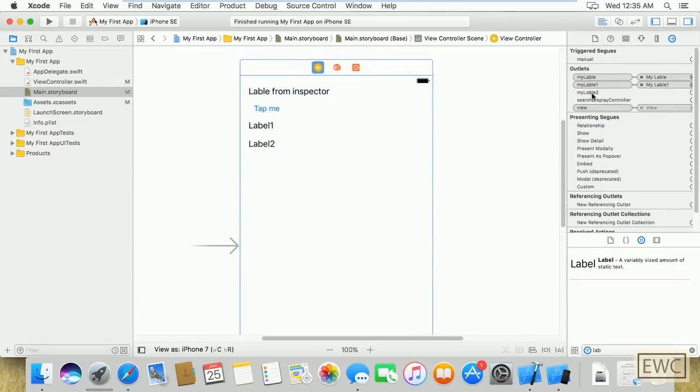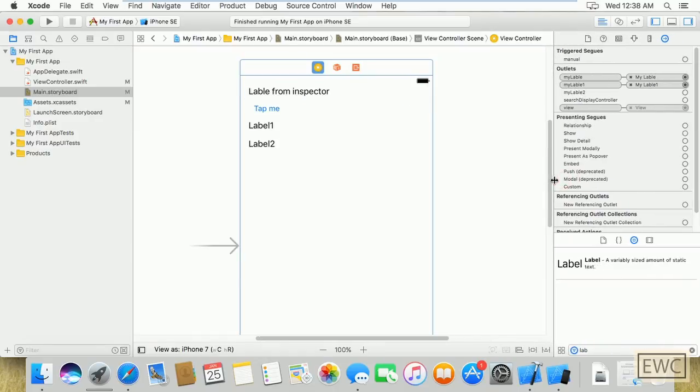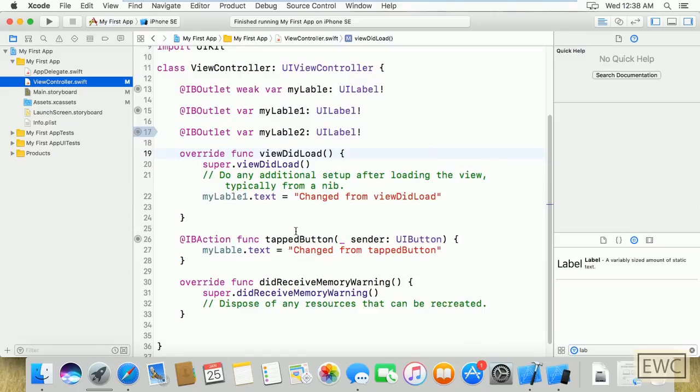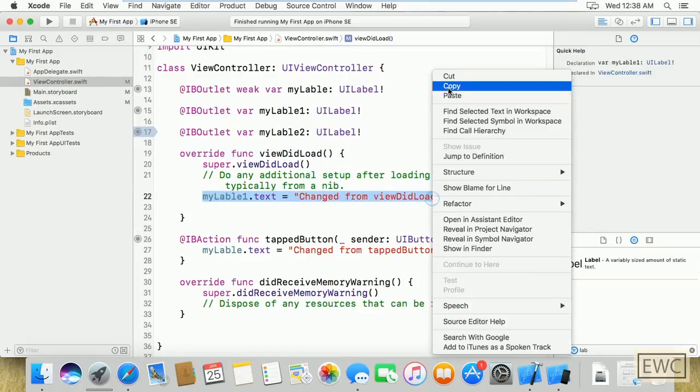So now I can see this myLabel2 is free in the outlets. What we can do is click this circle and drag it onto our label, which creates the connection, and then go into the viewController.swift file, copy this code,